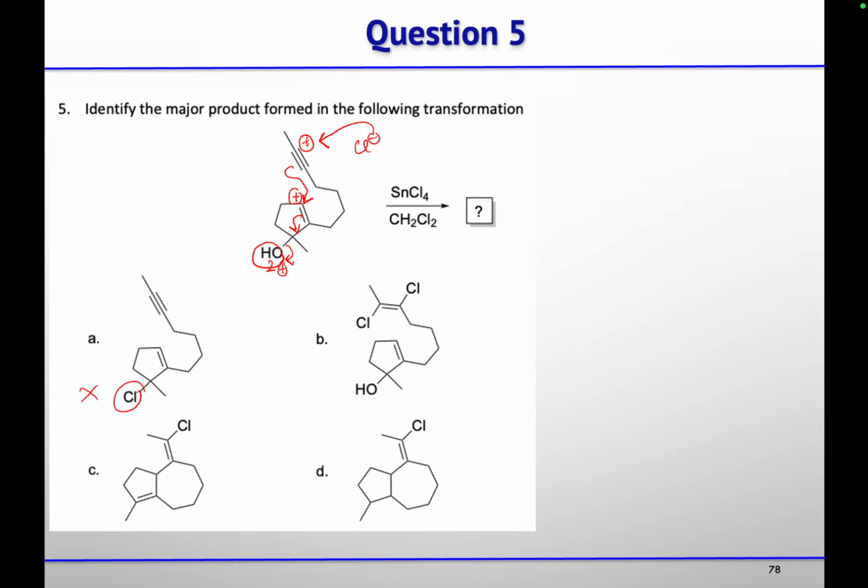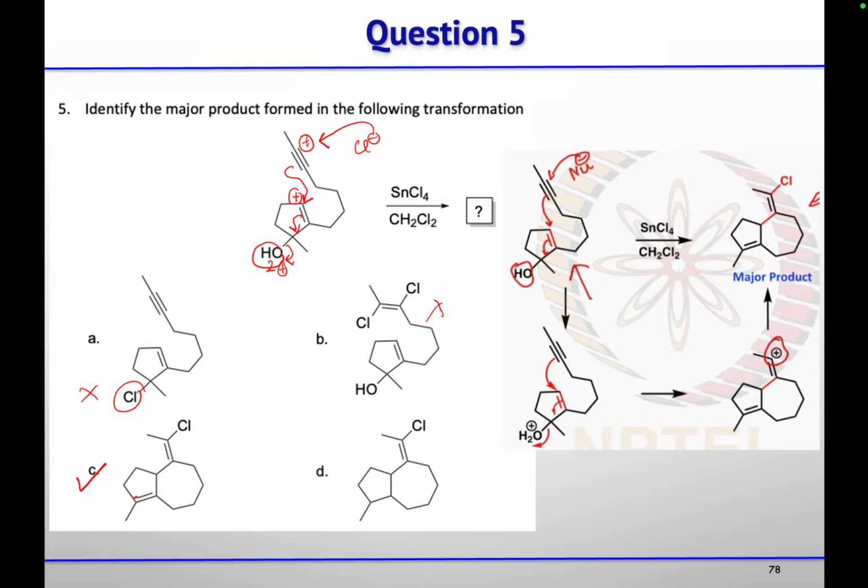This is the dichloro addition on the alkyne, which is not possible. Then either you will get the double bond at this position or no double bond will be there. So the double bond is there, so the correct option is option C. First oxygen will coordinate with tin, chloride will leave, then this double bond will migrate, then the triple bond will migrate and the nucleophile will attack. So first this is the reactive species, then the alkyne will react, this vinyl carbocation will form, then the vinyl carbocation will react with your chloride ion nucleophile and you will get this vinyl chloride. So this is the major product formed in this reaction.